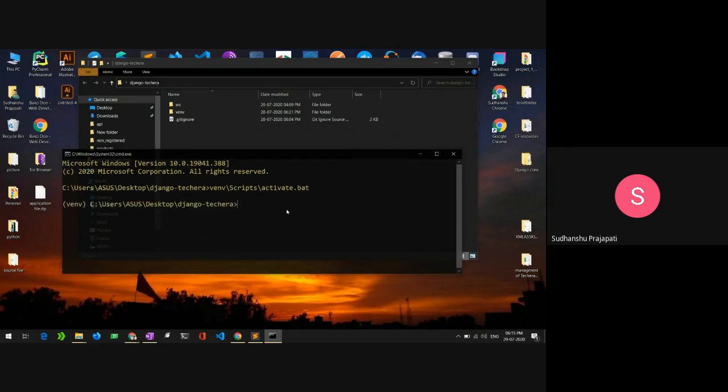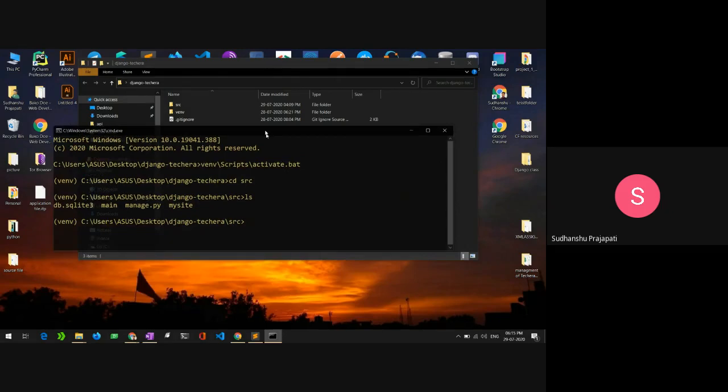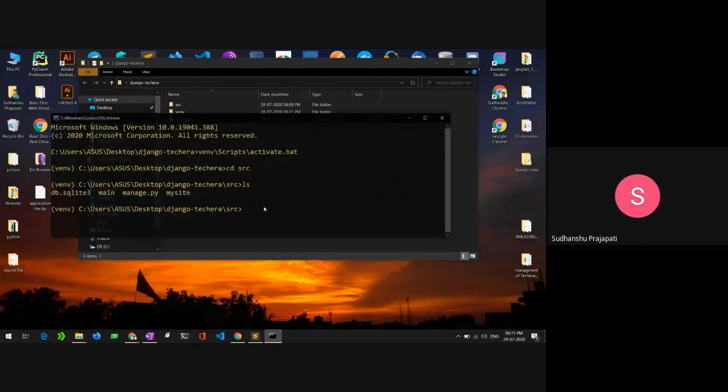And now my environment is activated, and let me take you into the directory of my project. Here we are. We have our project main directory. Inside it, I will start my Python shell with the command python manage.py shell.